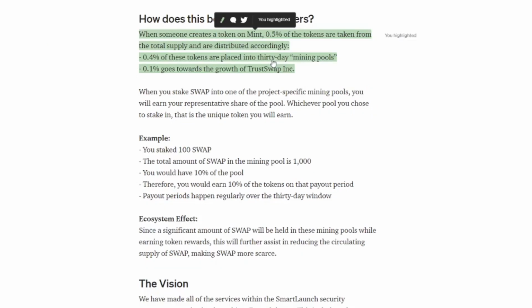Well, basically 0.5% of the tokens are taken from the total supply. 0.4% of this are being put in minting pools. And you can only have access to these 30-day minting pools when you have swap tokens. So then if you have swap tokens, you'll be able to get free tokens of these different projects. This, of course, in turn will incentivize people to buy the swap token and therefore get free tokens from these